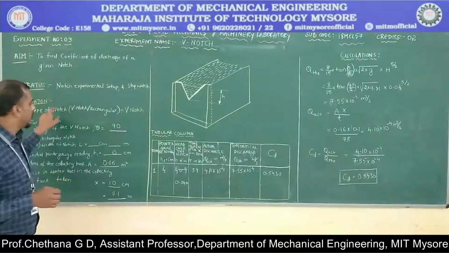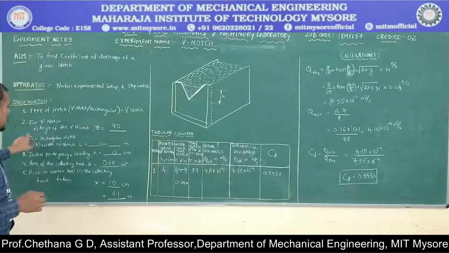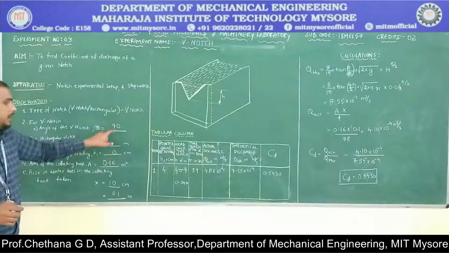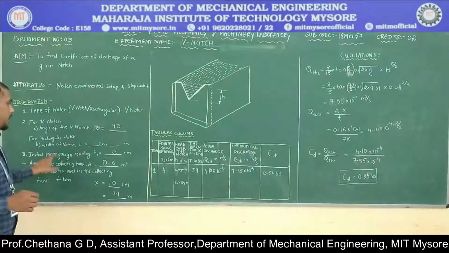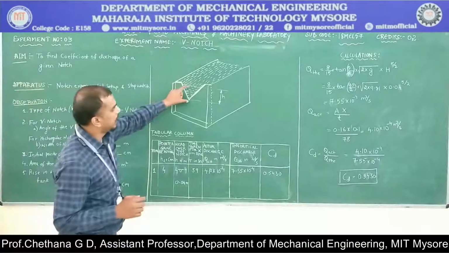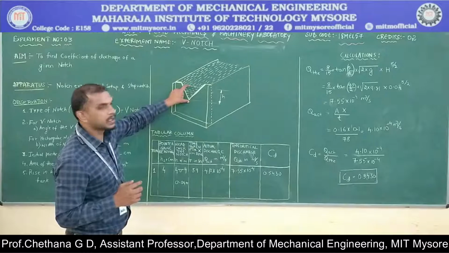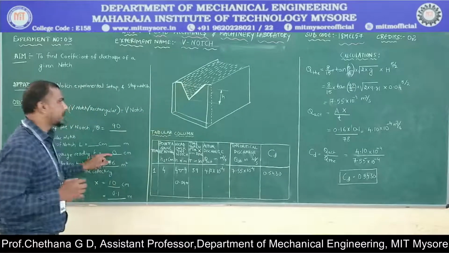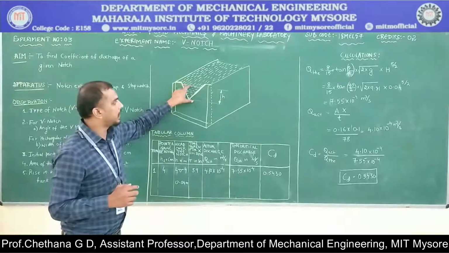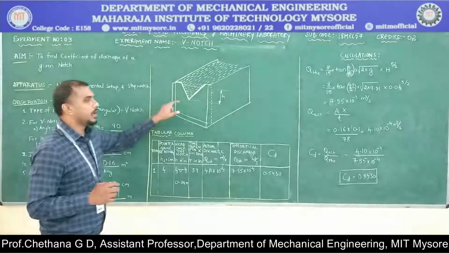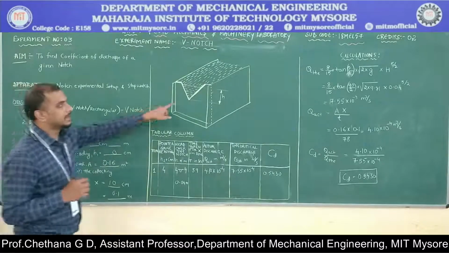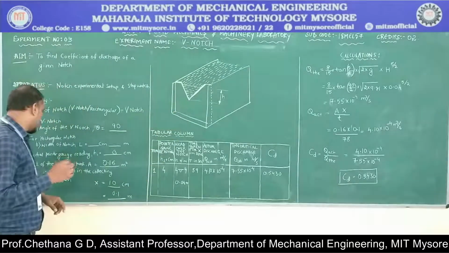What are the observations we need? The type of notch is V notch. For the V notch, the angle of the notch is fixed, which is 90 degrees. Then the initial pointer gauge reading. Here it is to get the height, or the head, of water flowing above this V notch. Generally we initially set this point as 0. Then whatever reading we take here will be the head of water flowing above the V notch. So always we try to make this initially 0, the pointer gauge which we have.